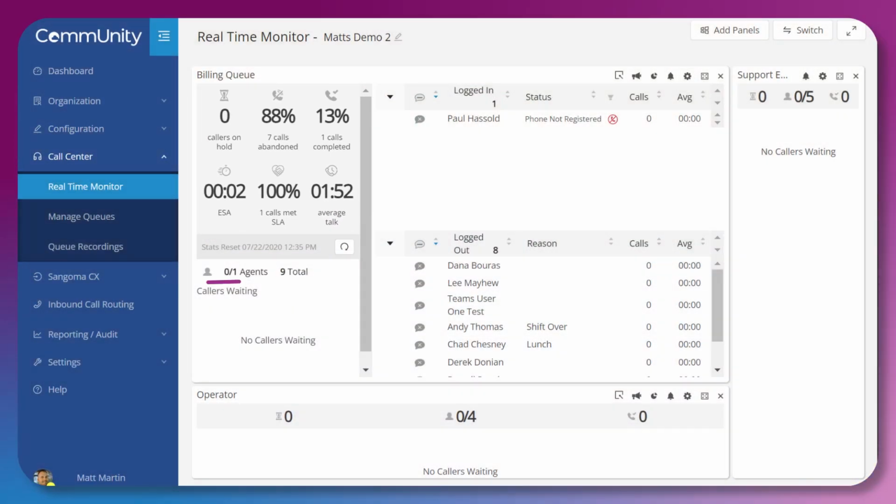Below that, we have the total agents available versus logged in, the total agents that are members of the queue, and lastly, the sum of callers waiting in the queue for an agent.